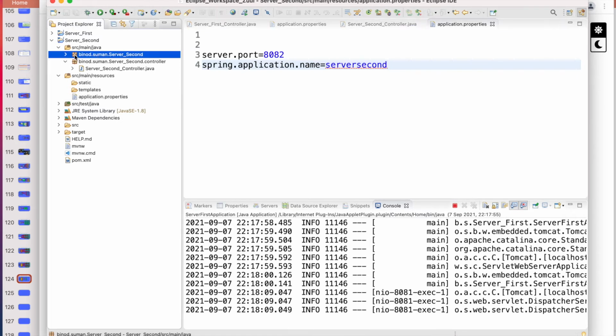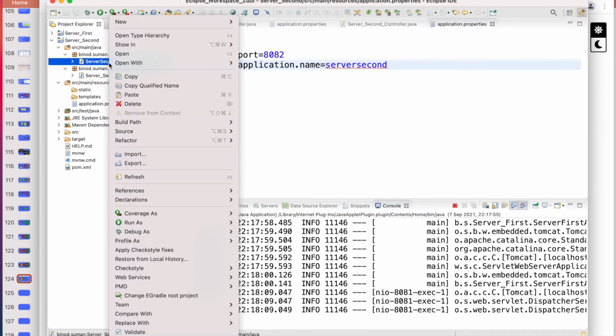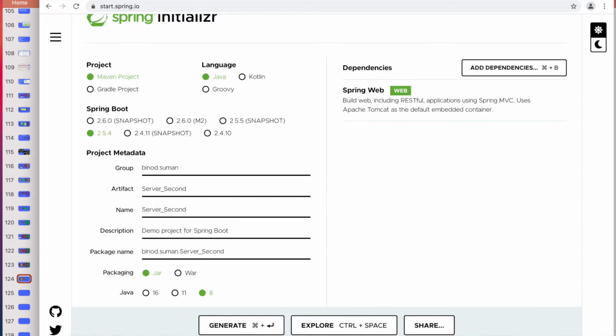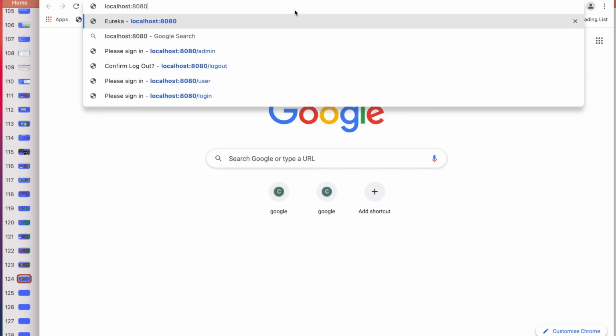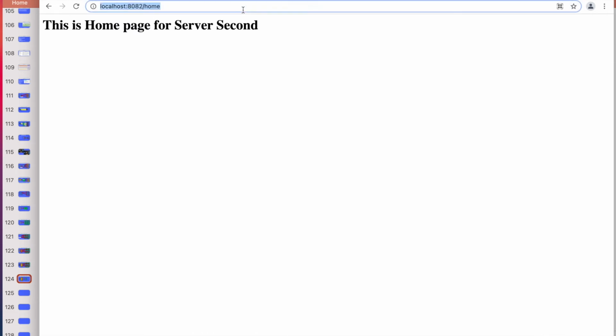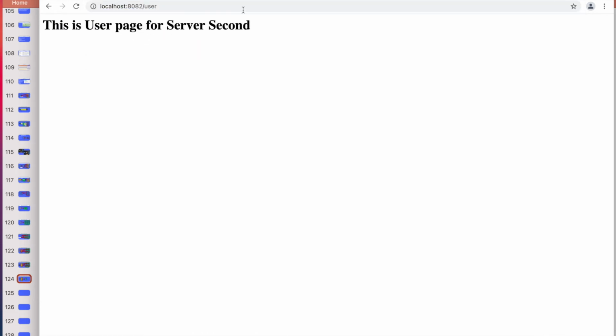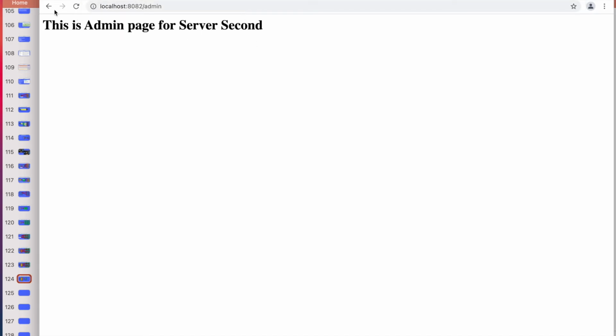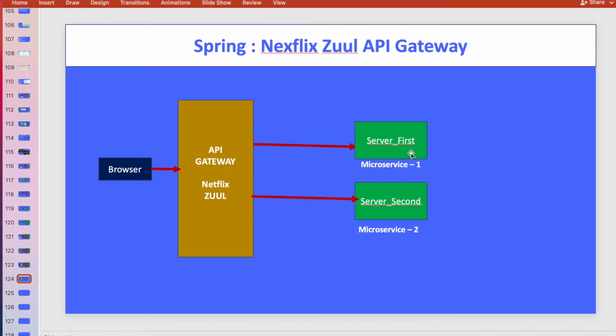So just first come here and run it. I just want to check this should also be up and running, and go here and open a new tab, go to 82 and check server second is coming, right? So user, all the things are working, right? Okay, now we have to make, I made this one, now I'm going to make this one, right? So for that, what you have to do, you have to again go and make one,